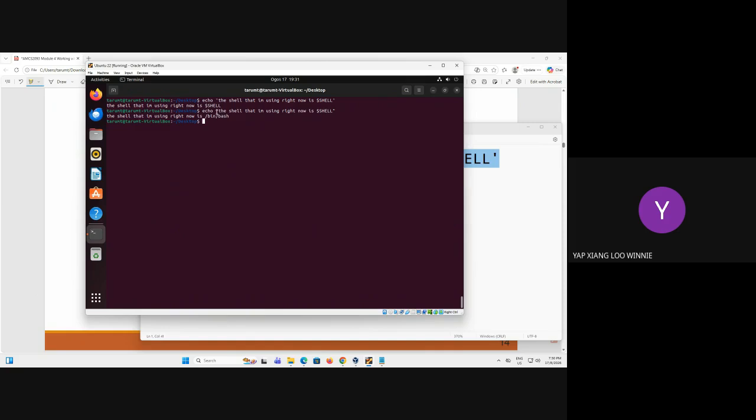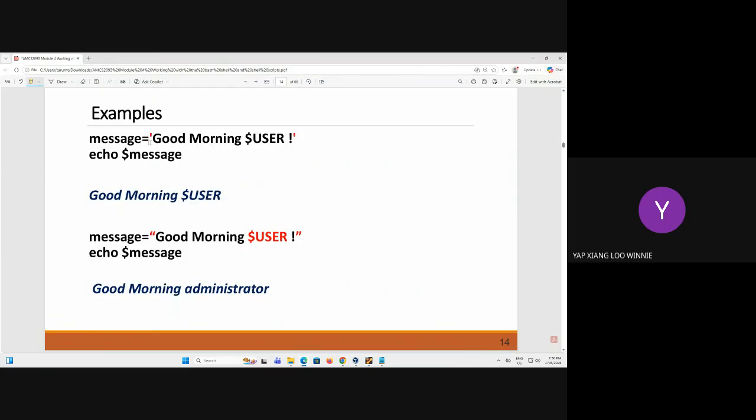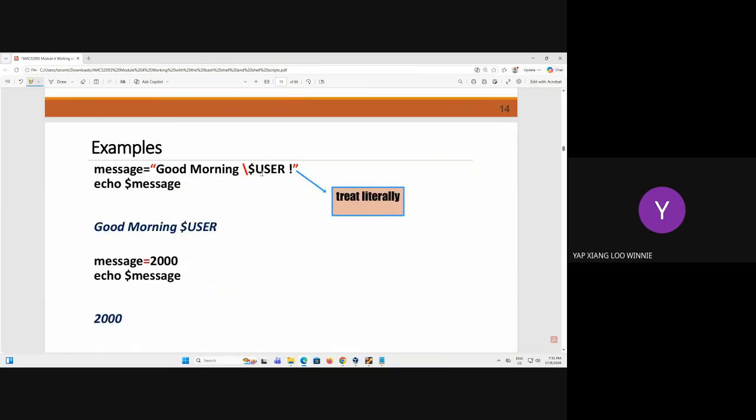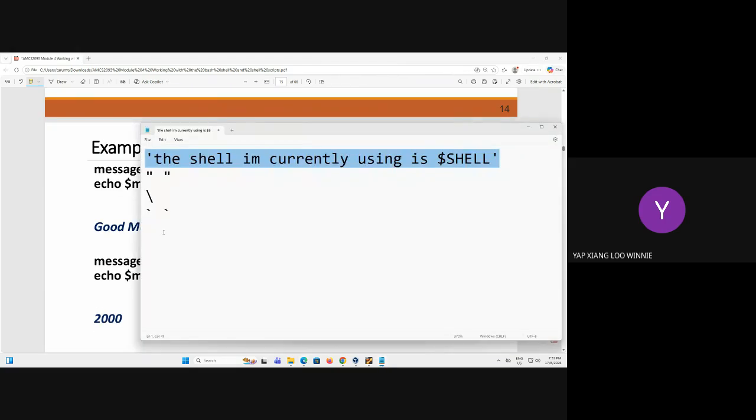The moment you use the double quote, it is going to treat the $SHELL here as a variable instead. That's why I get the output of /bin/bash. If I'm going too fast or if you did not understand what is happening here, please make sure you rewind the video, go back and listen again and look carefully at what is happening here, all right? So the demo I showed just now is basically using a single quote versus a double quote, and you get different answers. Now the next one, what is backslash? We have learned the first one and the second one. The first one treats everything as a string. The second one treats whatever is inside